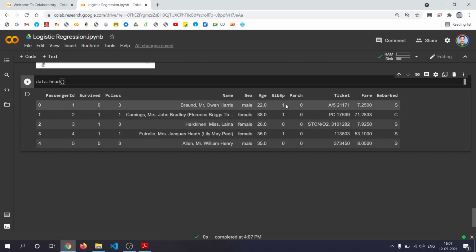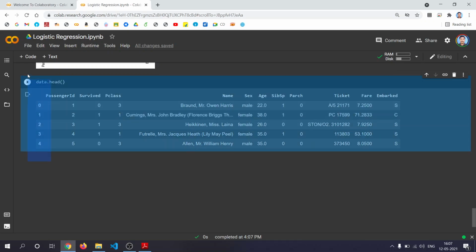One option is you can convert this into some dummy values by saying that male is 1 and female is 0, or vice versa. In the same way, embarked as S is 0, C as 1, and Q as 2. And you remove the ticket column and the name column. Then your data is completely numeric.